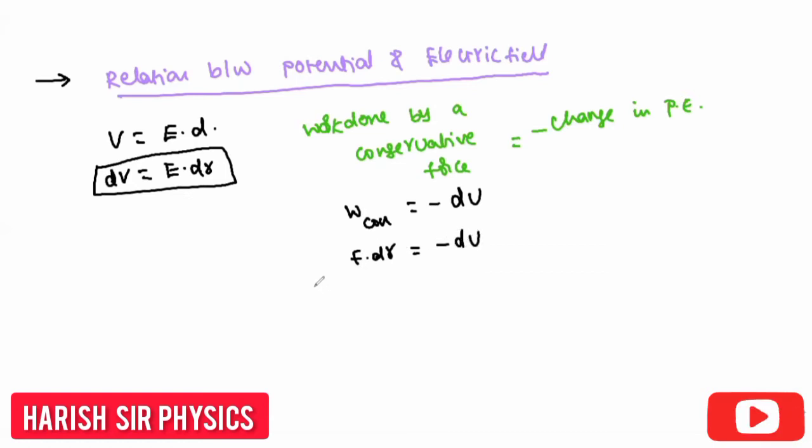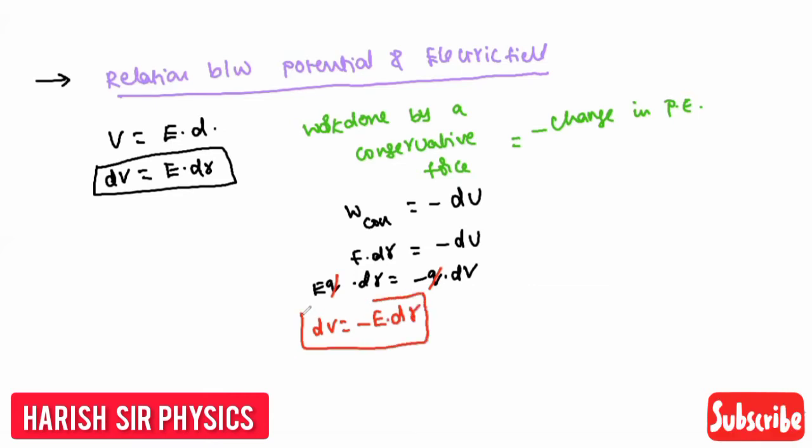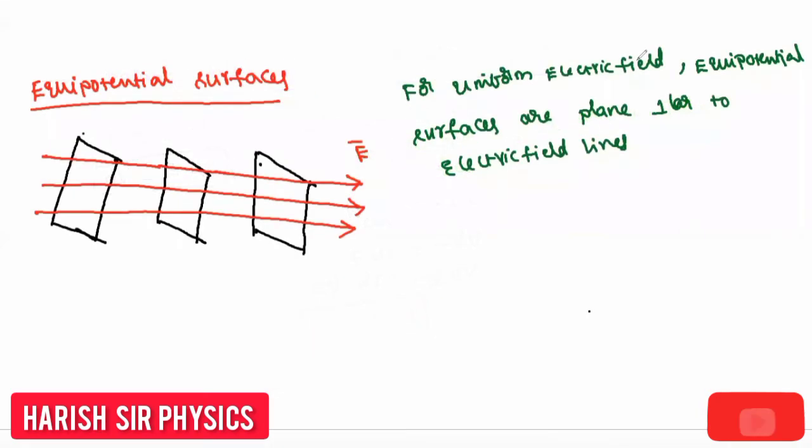F is equal to E into Q, so we can write E Q into dr is equal to minus dU. dU is nothing but the work done, so we can write minus Q into dV. The charge Q gets cancelled. We can write minus E dr is equal to minus dV, so dV is equal to minus E into dr. This is the relation between potential and